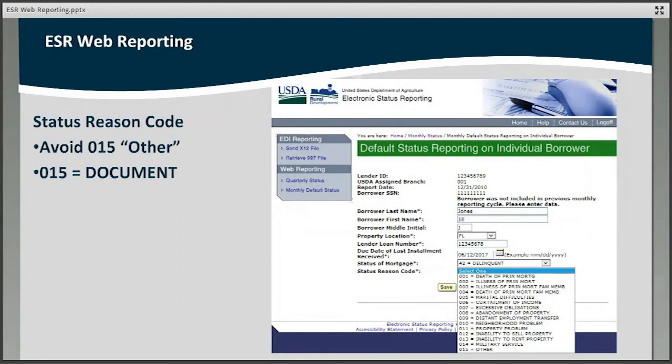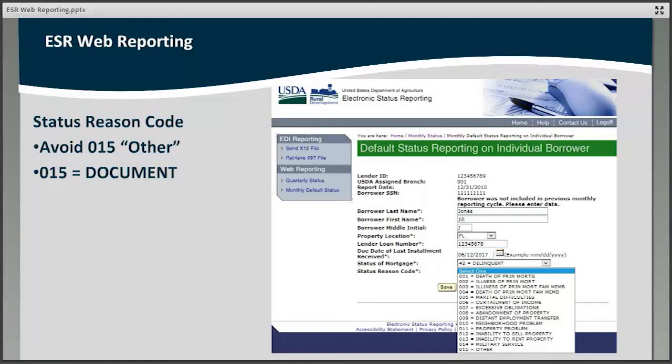The status reason code is also an invaluable data entry to assist USDA to offer viable servicing options and maintain the health of the portfolio. If you choose 015 Other, then document the loan file with the other reason for the default. There are 14 viable options that are typically the prime reasons for a default to occur.